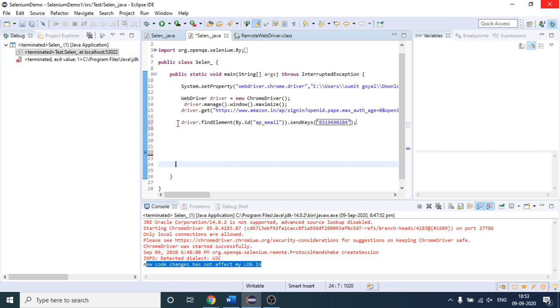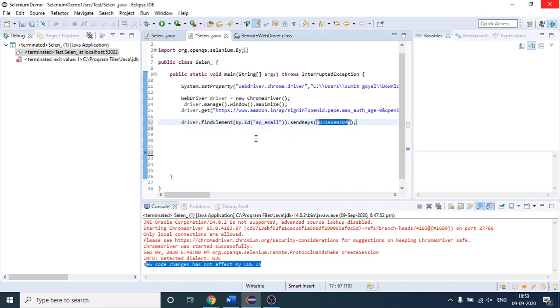So what will happen? See, with the help of this, we are just finding the text box. Finding the element here means we are just finding where that text box is present on the web page with the help of this id locator. Okay, and value of the id is, you have already seen, ap underscore email. Okay, and after we have found the text box, we are just sending that number in the text box.